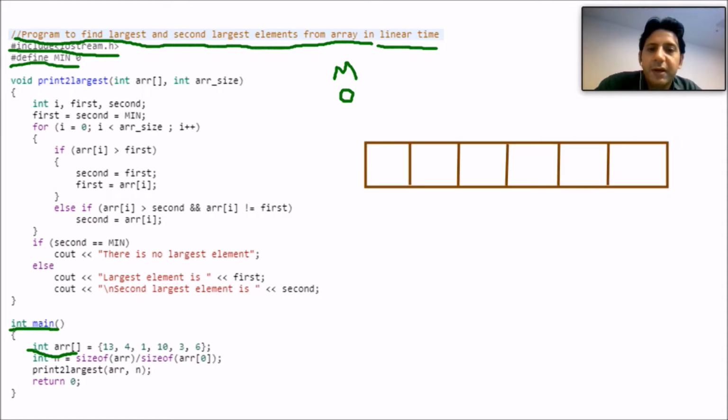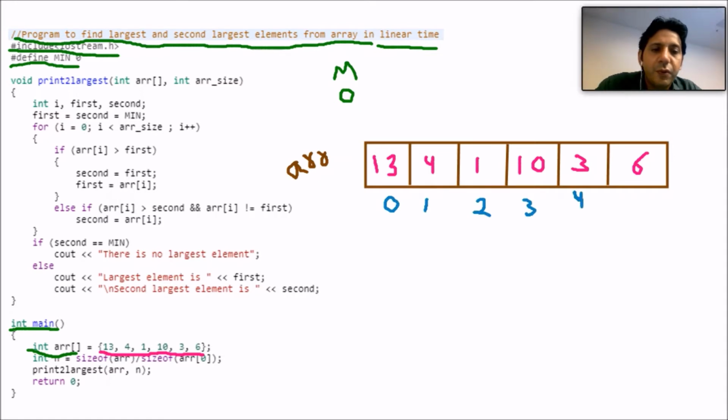Then arr is equal to 13, 4, 1, 10, 3, 6. These are the elements I am entering into the array. The array has index values starting from 0, then 1, 2, 3, 4 and 5.